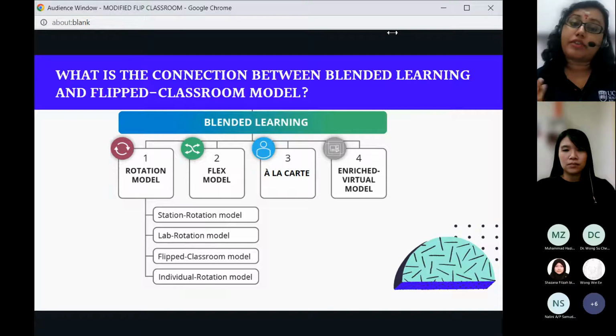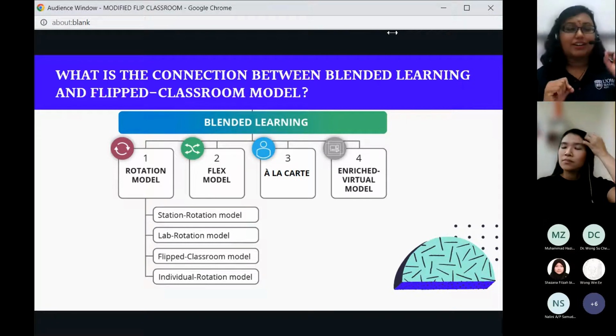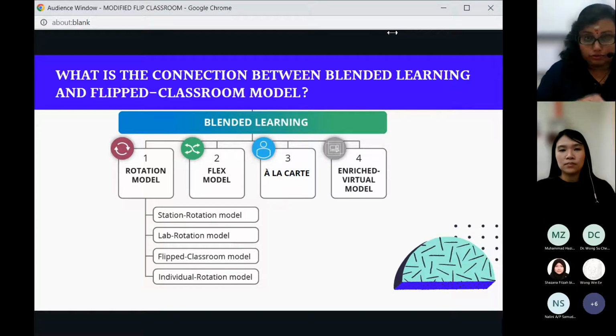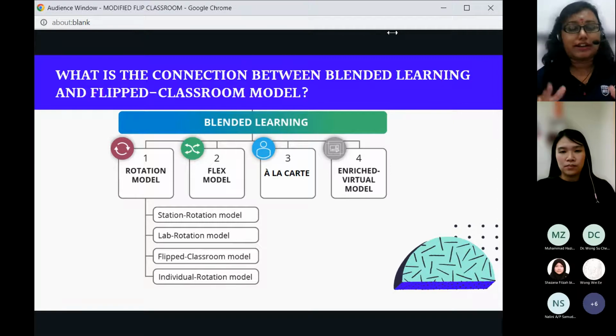And then we have the third one, which is the a la carte. It is somewhat similar to how we order food in restaurants. You choose certain items to be on your plate, or you customize things. The same goes for learning as well.